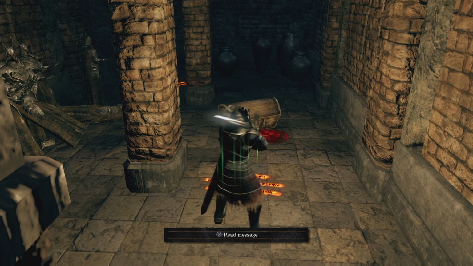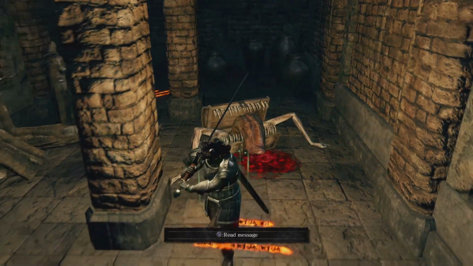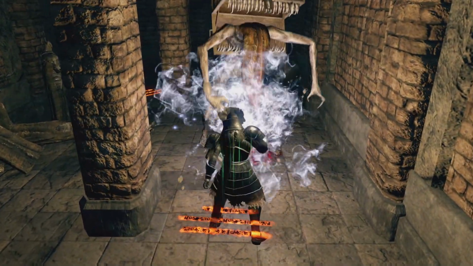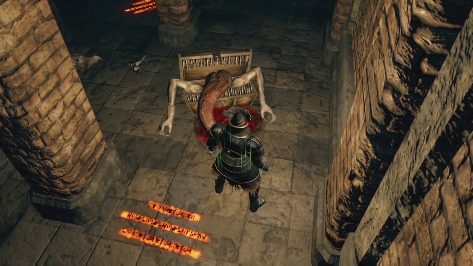Now there's going to be a mimic here. I'm going to show you a cute little trick. You can toss a Lloyd's Talisman once you smack the mimic to calm it down and put it back to sleep. Once it's asleep you can just grab the item right out of its mouth, but otherwise you can just